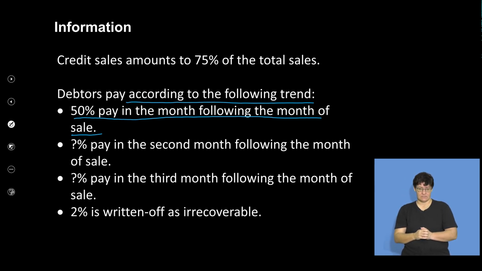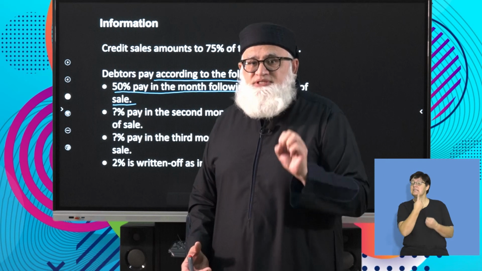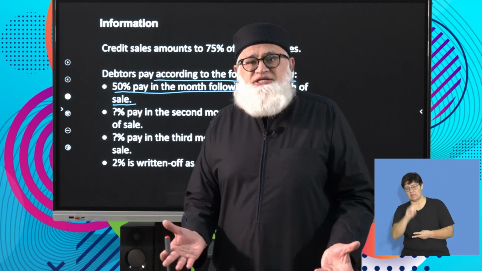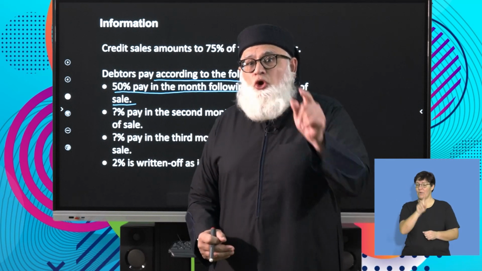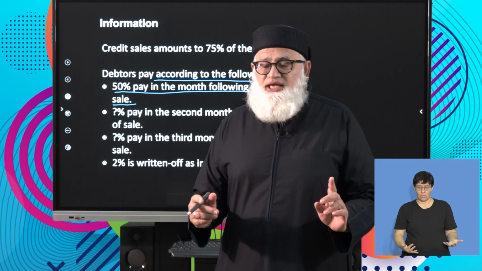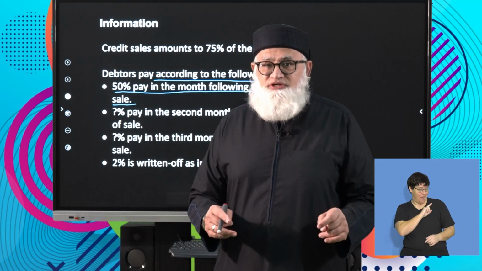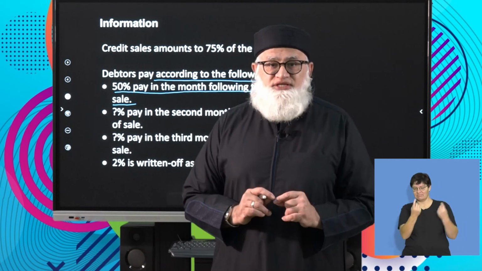Then they give you an unknown percentage pay in the second month following the month of sale. An unknown percentage is given to you. So in this particular instance, you can clearly see you have been working, you know that generally you are told 50%, 20%, 18%, whatever the percentages may be. But in this particular question, you don't know the percentage that you have to calculate on, right? But like we say, don't fear when Ashraf is near. Because I'm going to show you how you go about doing a question of this nature.